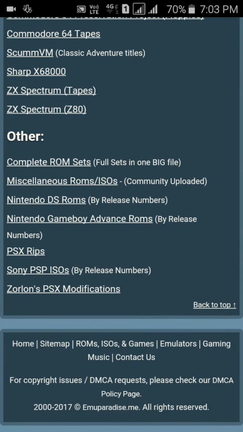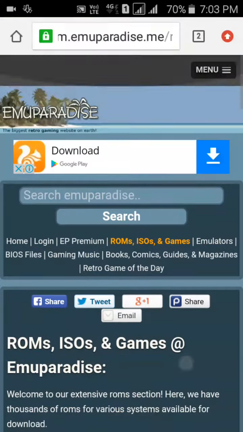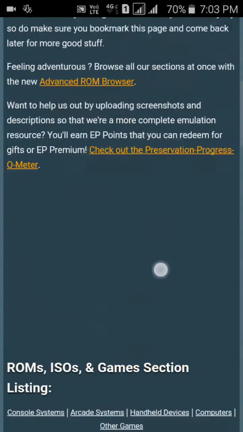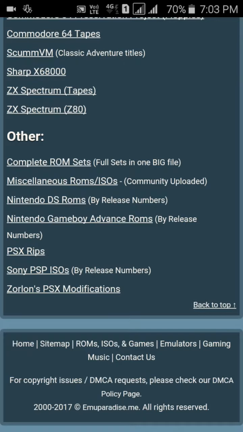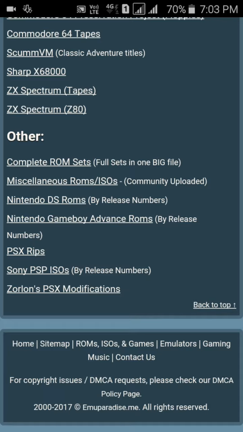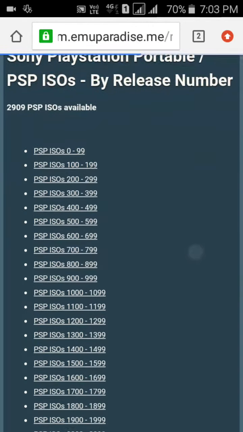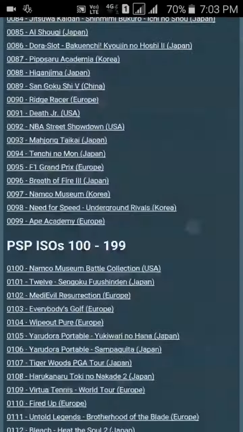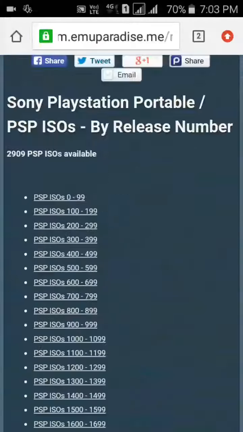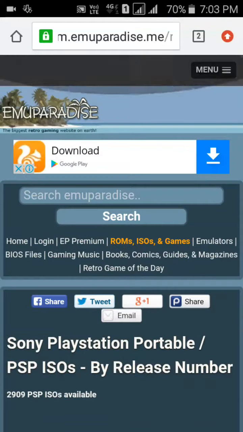Then click on Sony PSP ISO. Then click on Home.